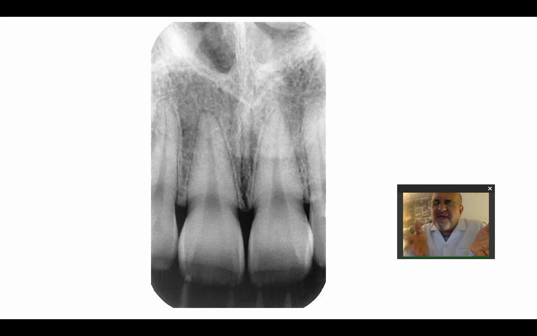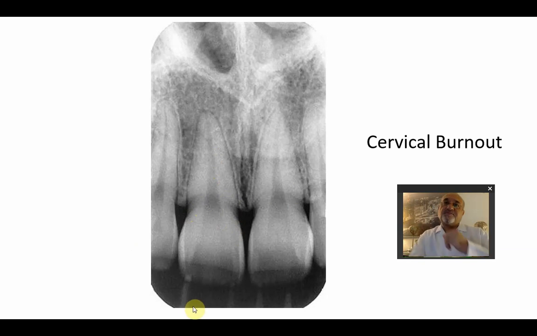Thus this area, and you can see it also here, is not covered by the socket of the tooth, and it is not covered by the enamel of the crown. It's only dentine and cementum, so it will allow more X-ray to pass, so it will appear more radiolucent compared to the radio opacity of the root and the radio opacity of the crown. This area is called cervical burnout. Okay, cervical burnout. This area is mostly misinterpreted as caries